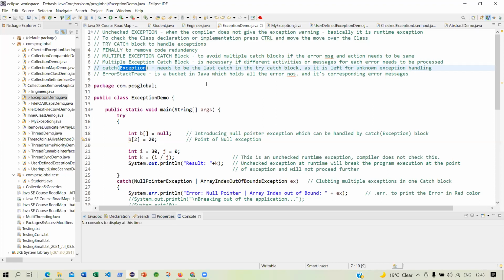Okay, but there are many exceptions where you do not know the name of the exact exception. In that case, you just leave it to Exception, a general exception class that you catch within the catch, and that needs to be the last catch. If you put this exception at the very beginning, then what will happen?